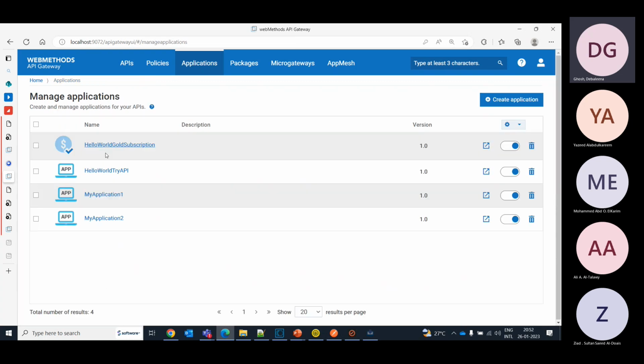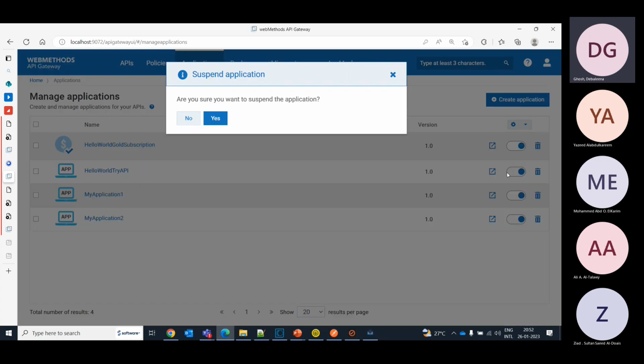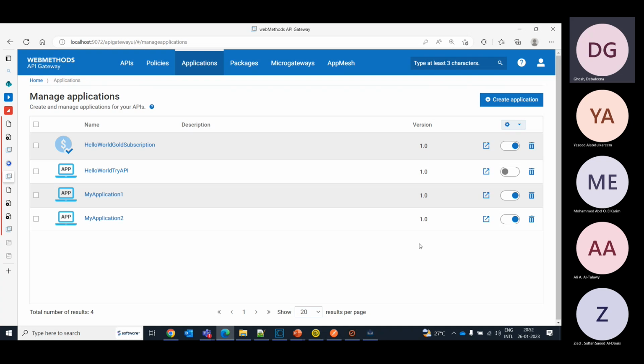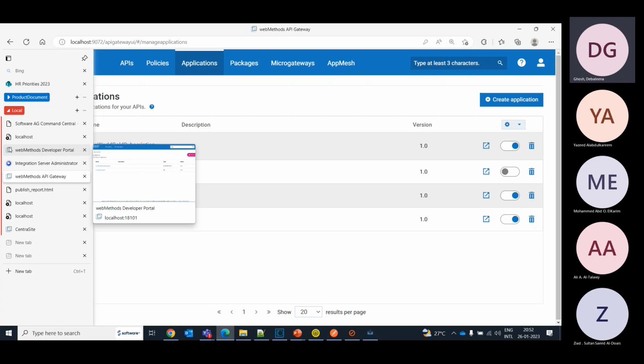So by looking at this symbol, we can see whether it is a normal application or one that has been created via the subscription. Now, as a gateway administrator, I can decide to disable the normal, previously requested application, so that the user can start using only this